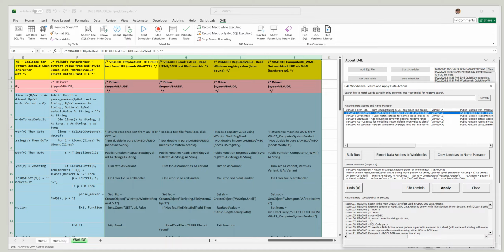To summarize, we have demonstrated the features of D4E SQLs that can allow it to become a practical third-party micro-automation, Lambda and VBA tool for